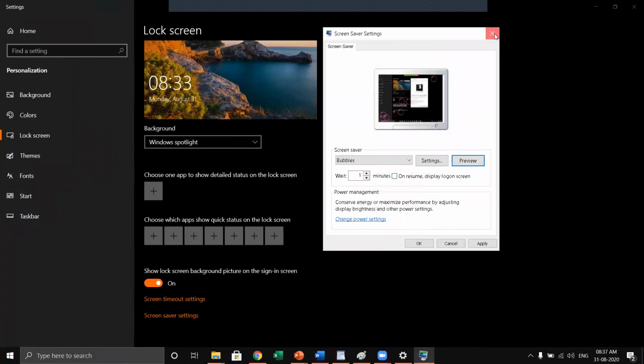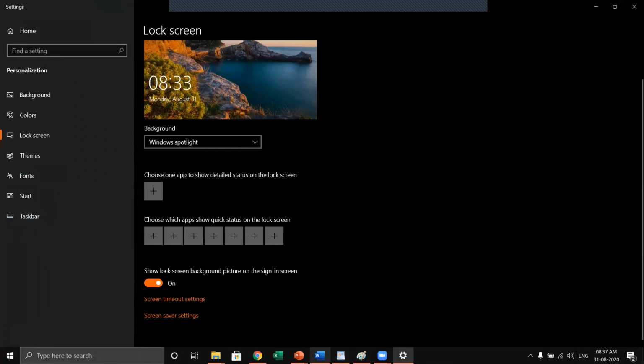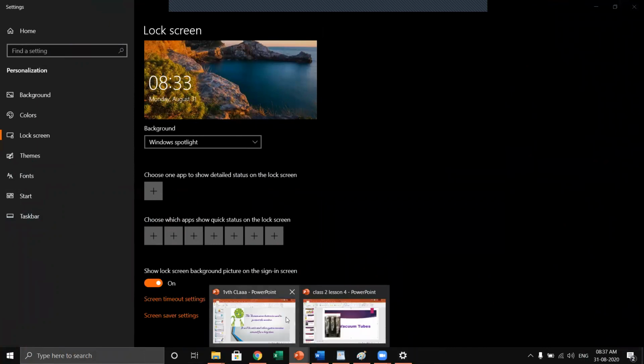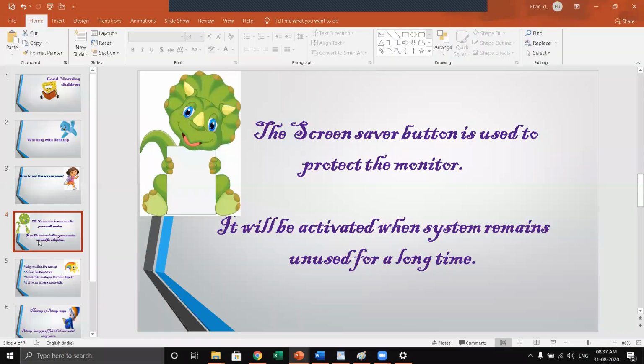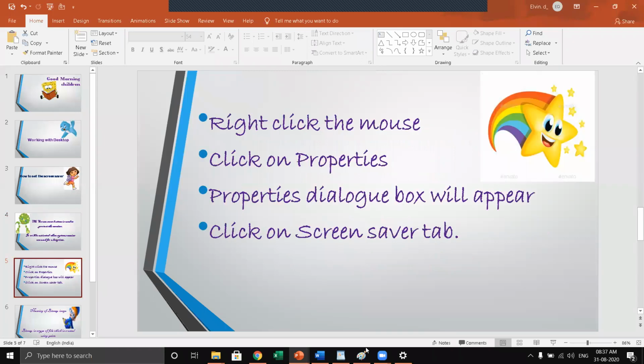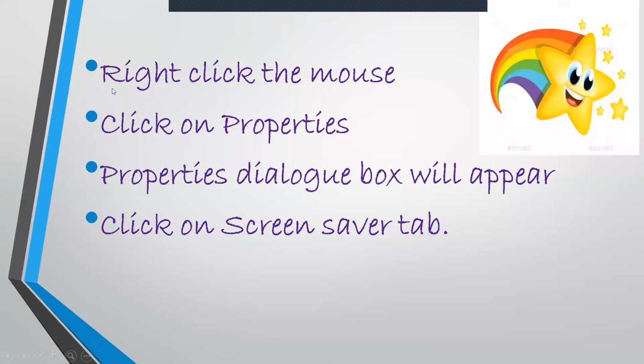Now, in your reader book, it is different. Since our reader book is Windows XP, there are slight changes there. You right click on the mouse, so it's the same thing, but here you are having properties.